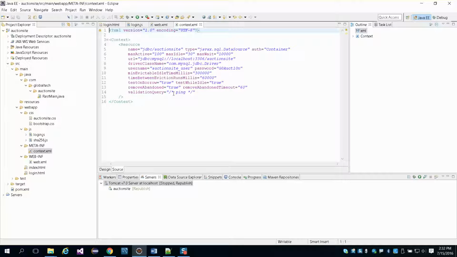We're defining a resource here, and our resource in this case is a MySQL database. We're giving it a name, JDBC, which is the Java database connection package. That's part of what we just downloaded with that MySQL connector Java. It's a SQL data source. We've got some parameters in here. You don't need to understand all of these right now, but this is going to help us